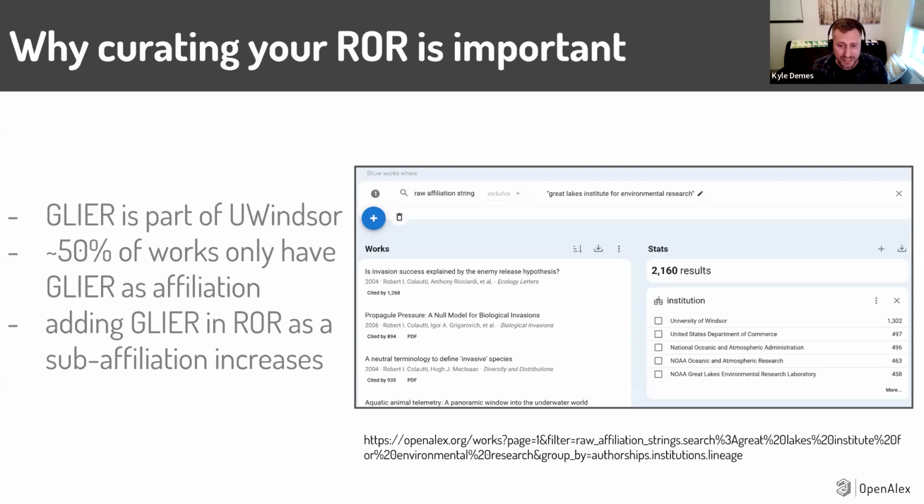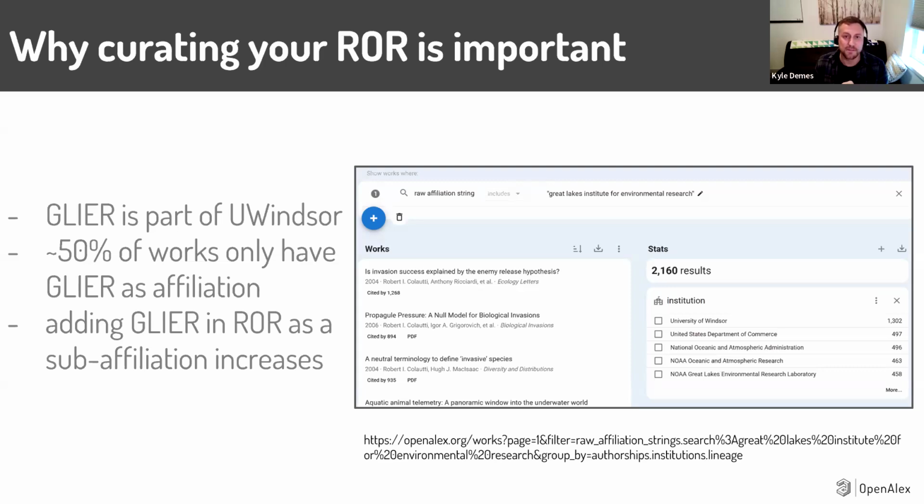And some of these are really highly cited. This is a fantastic research institute that does high impact work. This came to us because they were looking at the CWTS rankings and they said, hey, wait a minute, why aren't these works in there? Well, let's take a look at the ROR profile. So that's why you would want to curate it. And now, Amanda, I'll turn it over to you to finish with how you can curate those things.